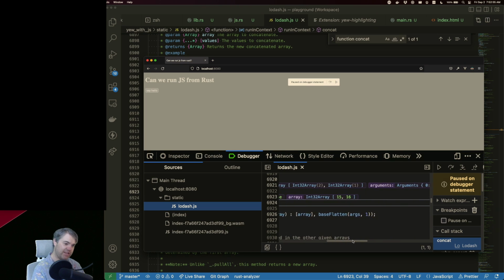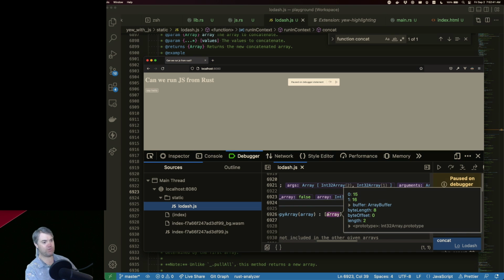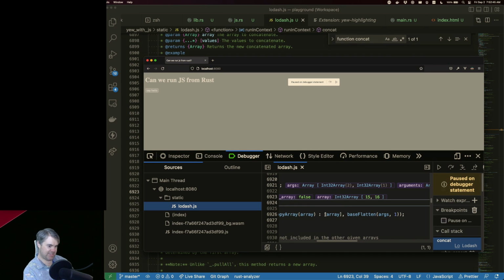And then I wonder if base flatten's also doing the same thing. Array depth predicate. That's why we're getting like 0, 0, because it's doing some weird stuff like that. Okay, so now